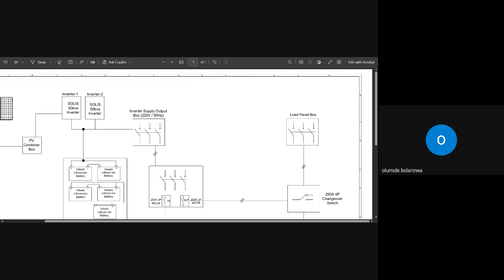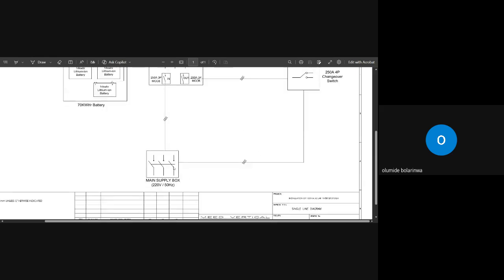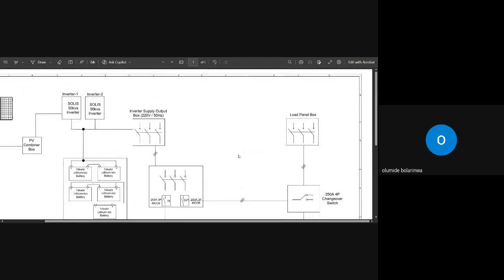Okay, now look at all these boxes. All these boxes have their own enclosure. It is inside that box they've arranged our breakers. We have this box, this box, this box, and this box. There are sometimes whereby you might buy that box just like you are buying a DB. It is specified in that box that, okay, I need a 250 amps MCCB breaker, incoming and outgoing, and we have some other sub-circuit breakers inside. That one will be moulded to site.